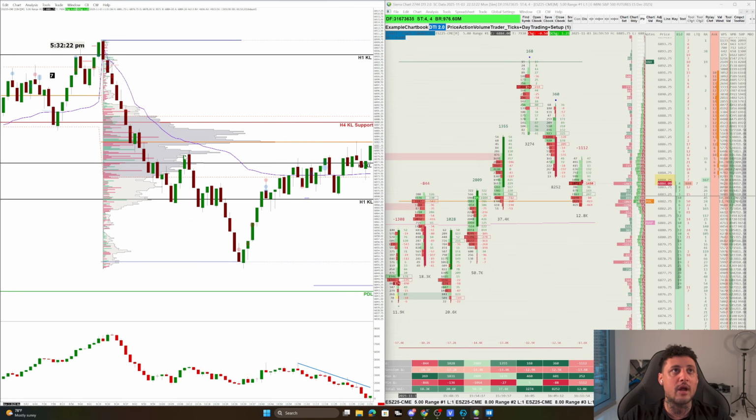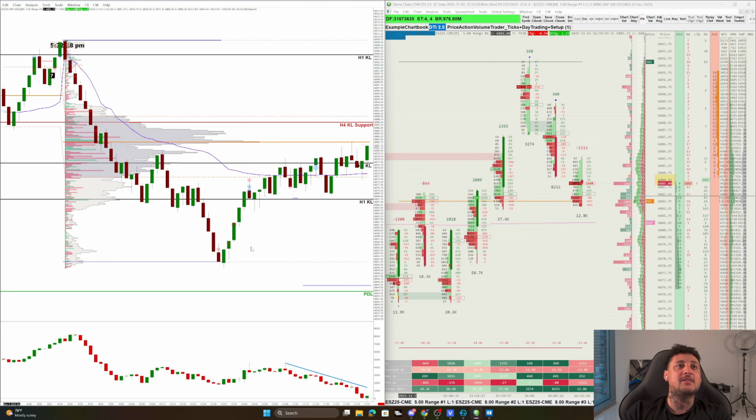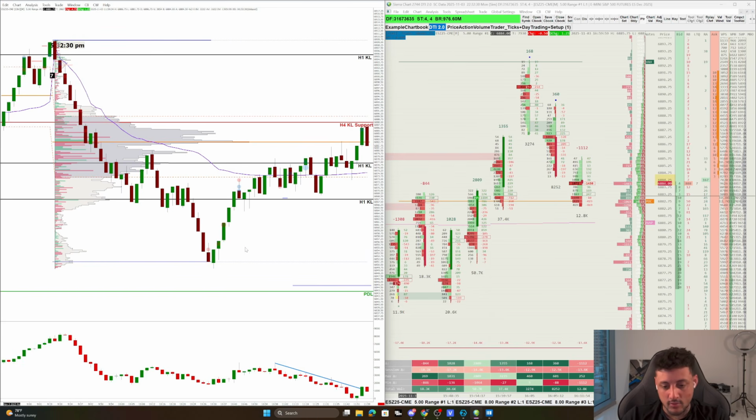which the first pullback we got was over here into an LVN, which unfortunately I did miss out on this setup over here. Now, this second setup, which again, this is where I could have potentially done better and looked for potential mean reversions, is over here. We can see we have a large aggressive seller that came into the markets for a single order of 100 contracts or more, get filled, and